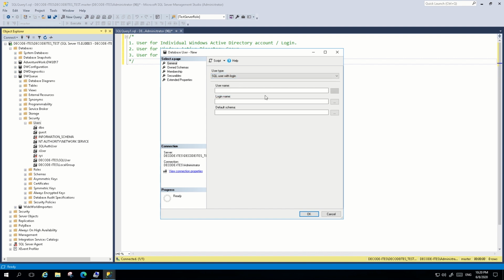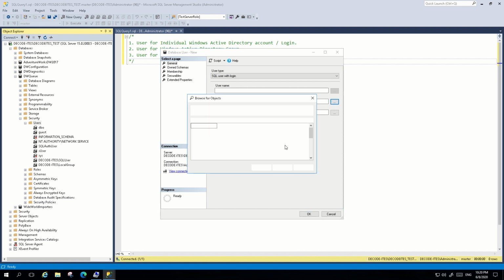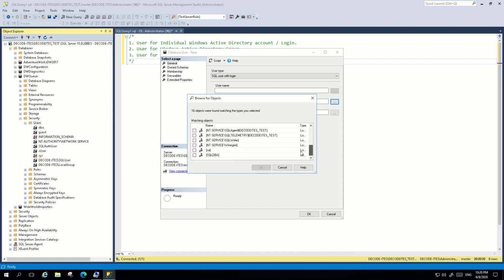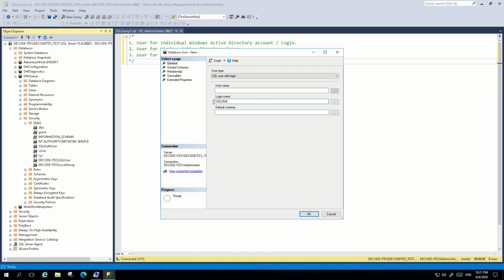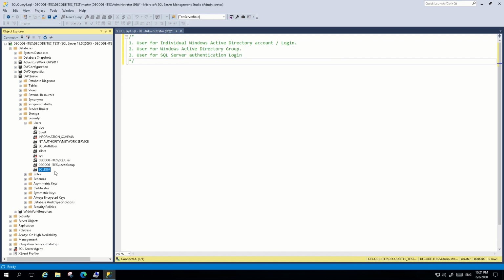We'll keep selecting it. It's asking for username, login, and password. Again, we will go with login, browse, and we will use SQL DBA database user, and we will use the same one for username and DBA as a default schema for this. Once you click OK, you will see your database user for SQL Server authentication login is created.